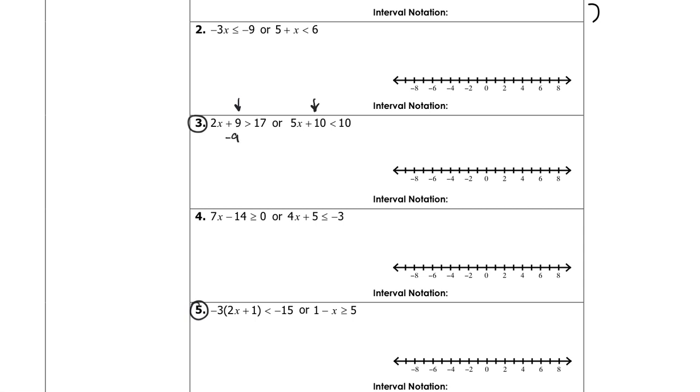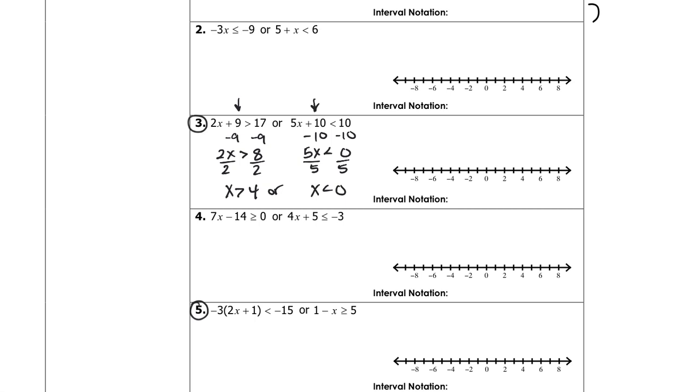We'll subtract 9. So we'll start using the inequality or the inverse operations. So I get 2x is greater than 8. Divide by 2, divide by 2, and I get x is greater than 4. Then from there, I'm going to write the word or. So I'm going to go ahead and minus 10, and I get 5x is less than 0. Divide by 5, divide by 5, and I will get x is less than 0. So my compound inequality states that I want to have a number that's greater than 4 or less than 0,